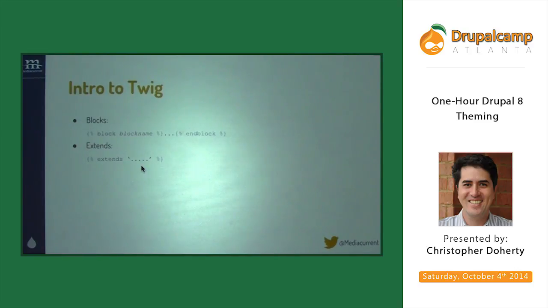So if I have a node Twig template, I would put this in here, placeholding it, and then in a node article template, for example, I could put the extends and then use the same block name, this variable that I define here. This can be whatever you want it to be, and I can extend it from one template into another. So I'll show how that works.